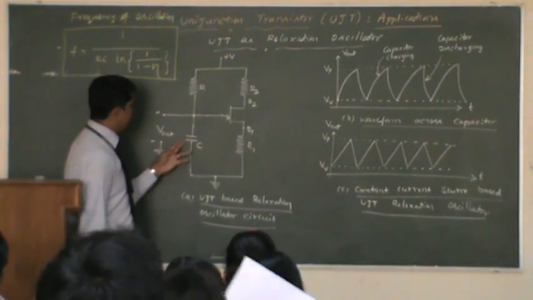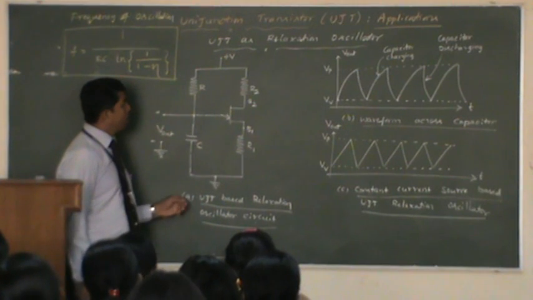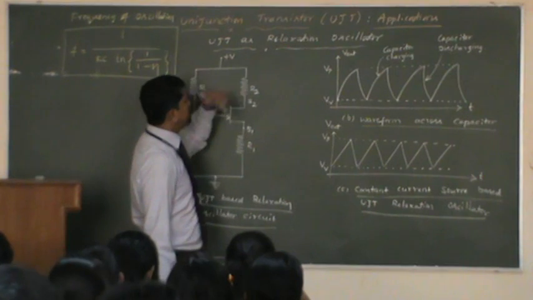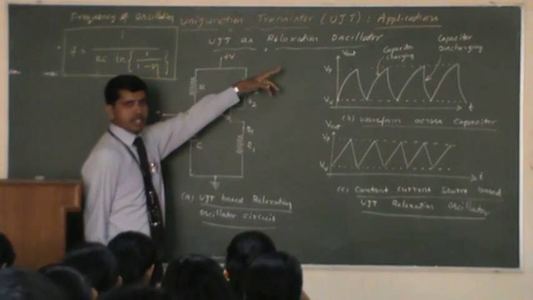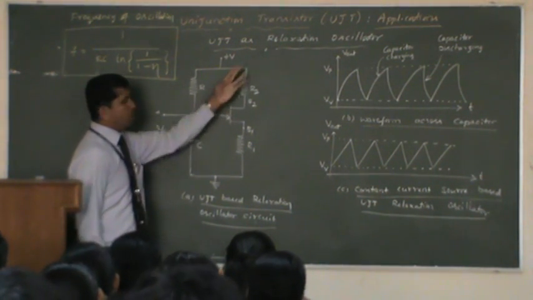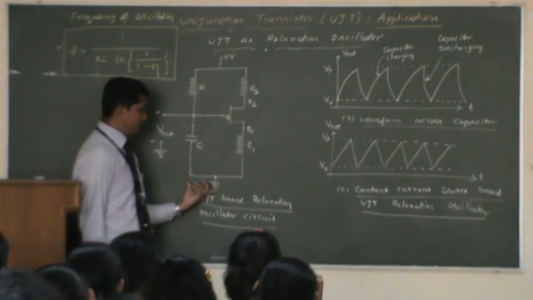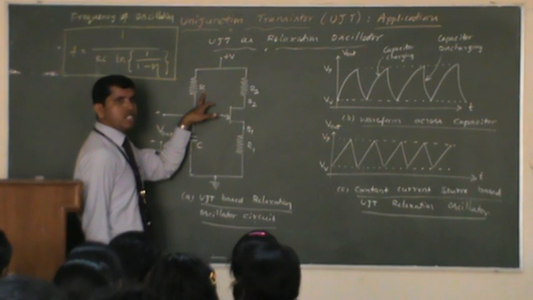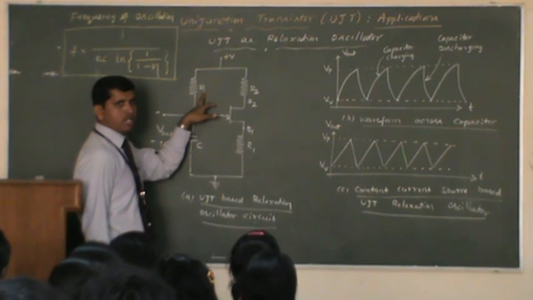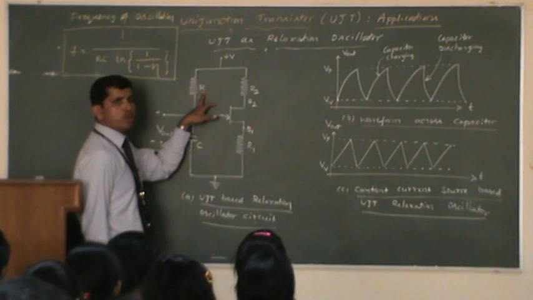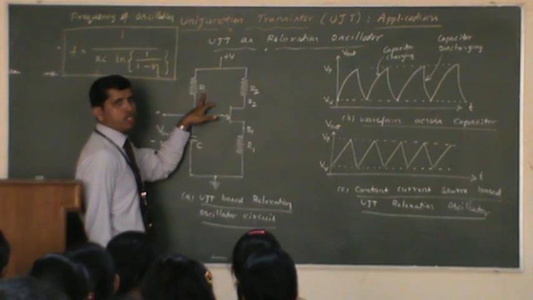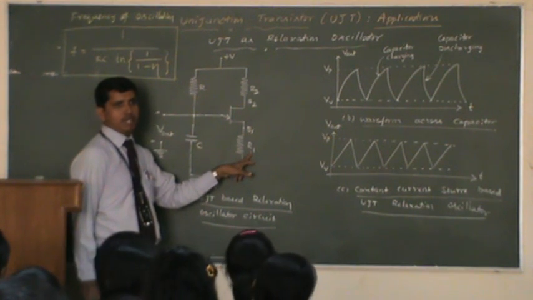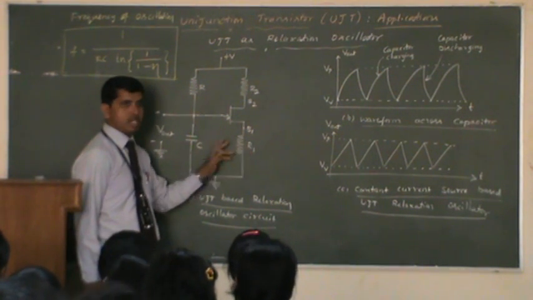Okay, let's get started. You can see this circuit diagram. This is one of the applications we are discussing here. There are plenty of applications of UJT. UJT as a relaxation oscillator. For the UJT to be used as a relaxation oscillator, here is a circuit diagram which includes a resistor R. This value is usually a large value, typically up to mega ohms you can choose, 1 mega ohm or 1.2 mega ohm. And this R1 is going to be a very small value which has been chosen in this application.